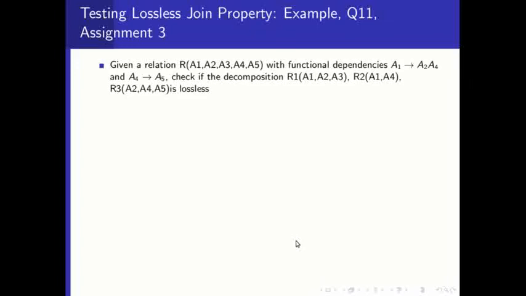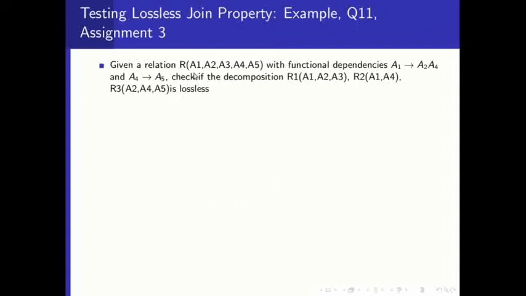We will see one more example. This is testing lossless join, the first property. Therefore, there are two properties, the lossless join property and the dependency preserving property. The lossless join property, if it is a binary decomposition, you can apply that theorem. That theorem says that the attribute which is in common must be a key for either of the relations, then it is okay. Otherwise, you have to form that matrix and then do the operations of replacing B symbols with A symbols. We'll look into question number 11 of assignment 3, whether the lossless join property is being satisfied by this decomposition or not.